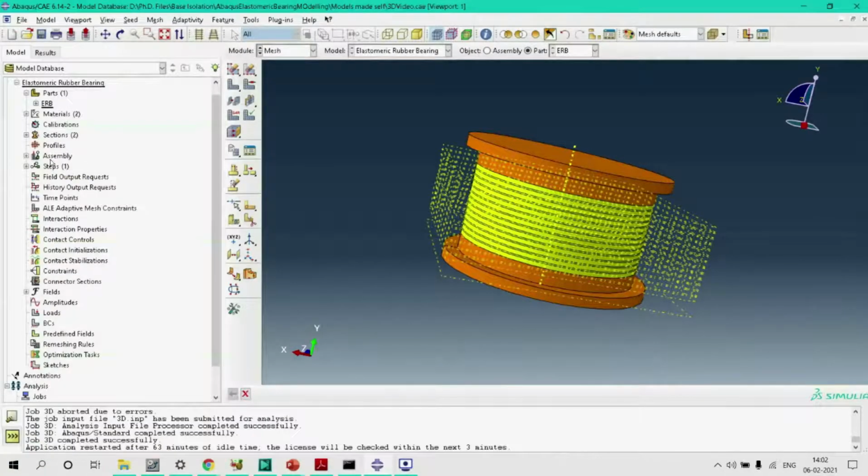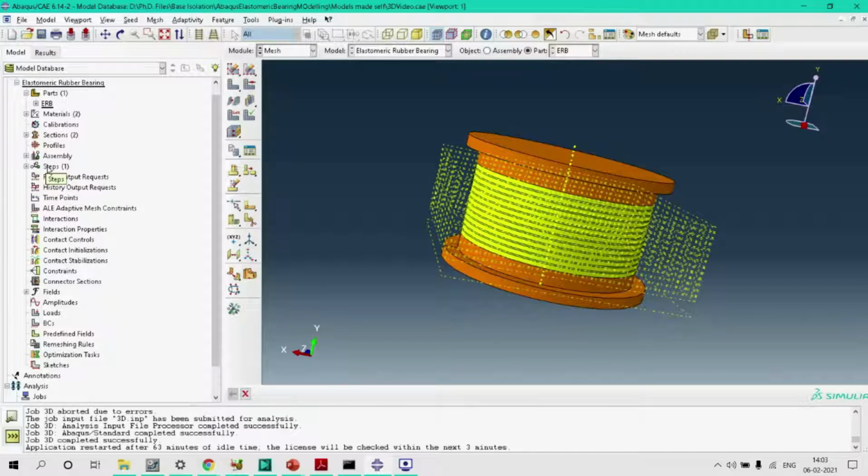Any simulation in Abaqus requires steps, that is, Abaqus carries out the simulation in a sequence of steps. The steps can be anything. Initially we can give boundary conditions, in the next step we can give a load or any displacements, or in the third step we can find the modal frequencies or the natural frequencies.